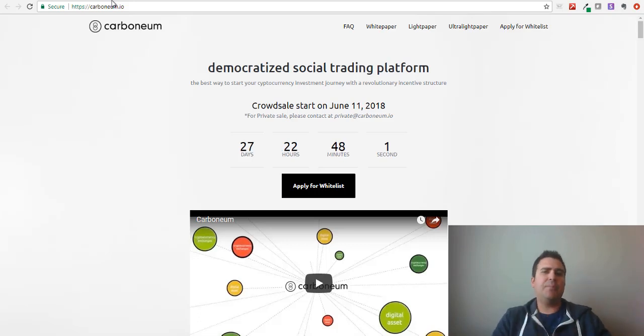A lot of the platforms that exist today, they do let you see what a trader is doing, like over a video screen, or they'll let you see what the trader is about to do, but it won't actually enable you to execute trades at the exact same time that a trader would execute those trades. That's what Carboneum is doing with smart contracts by using the Ethereum blockchain. They're actually going to enable traders to execute trades at the same time an expert trader may execute a trade,